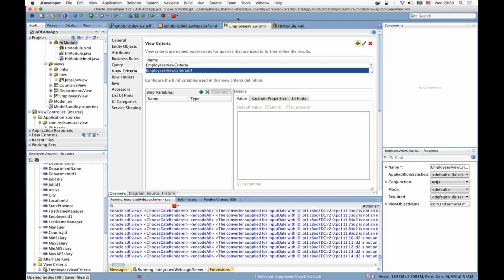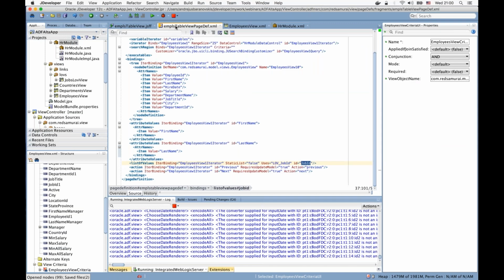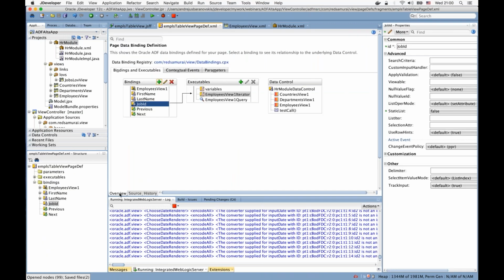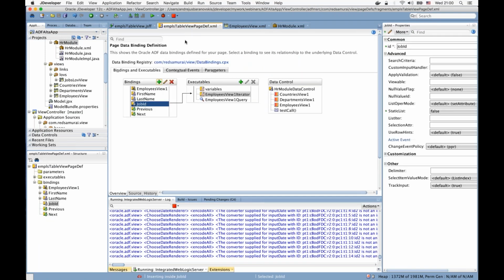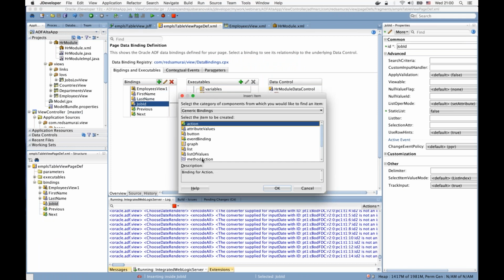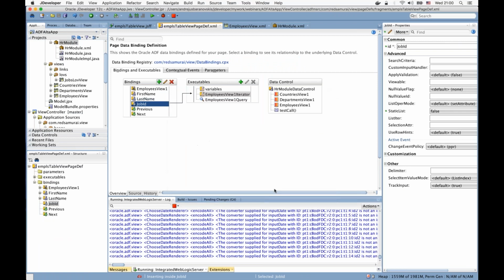Okay, so this is being set, and then I could go to page definition file, and this time I will not drag and drop directly the binding, but I'll add it manually here, and then I'll add also the button on UI manually, and we'll map it with this binding. So let me add binding for test call method. Go to page definition and click add, and I know that custom methods should be always called for the method action. Select method action